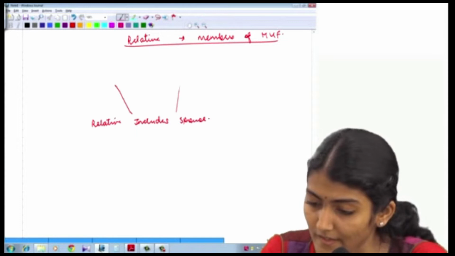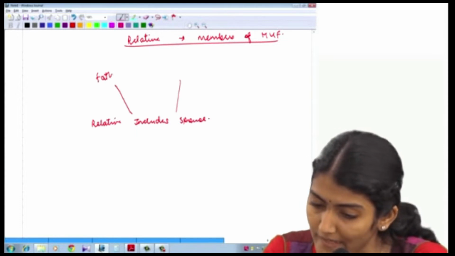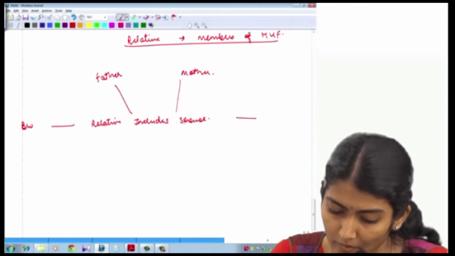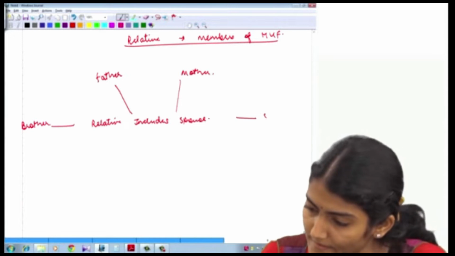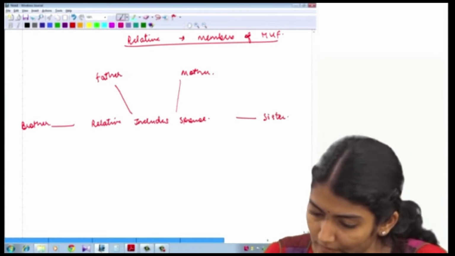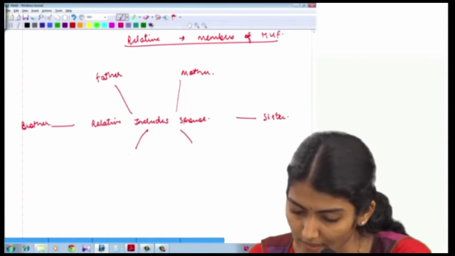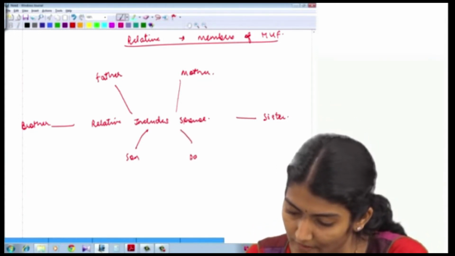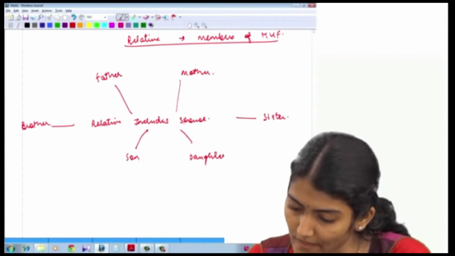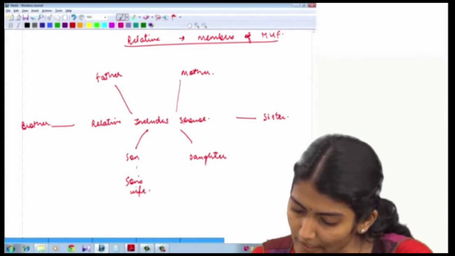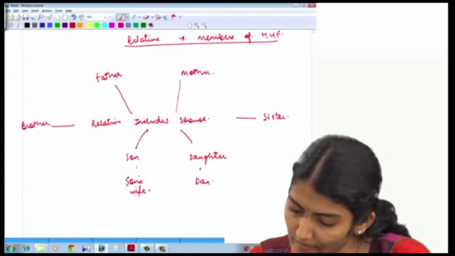Then after that it says parents, father, mother, then siblings, that is brother, sister, and then children, that is son and daughter. And then in addition to son and daughter, you have son's wife and you have the daughter's husband,